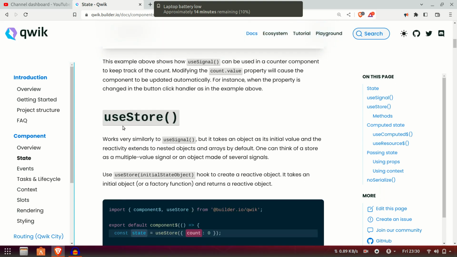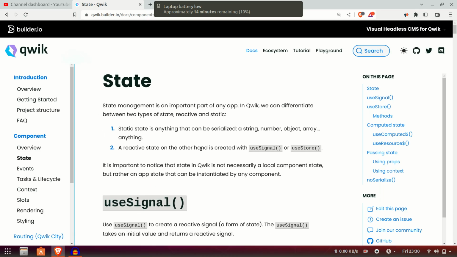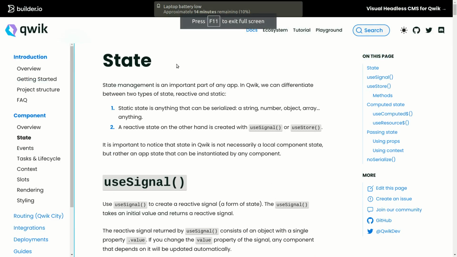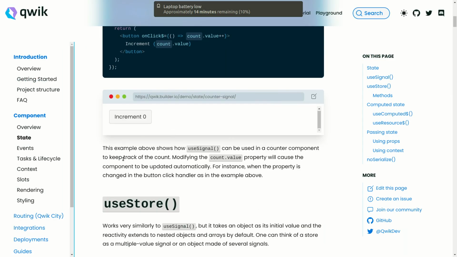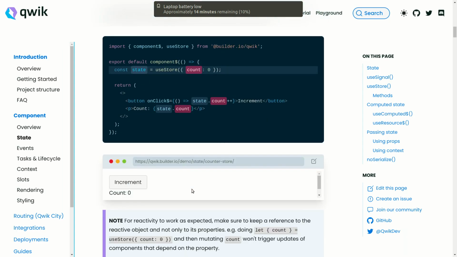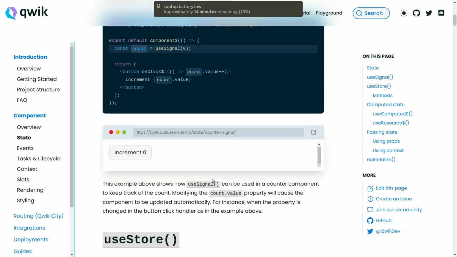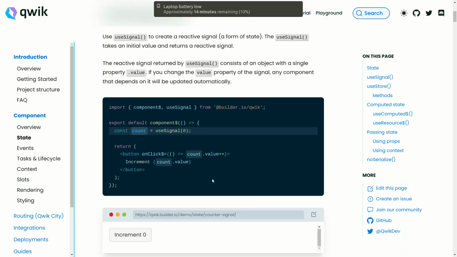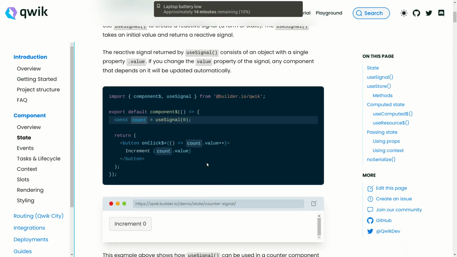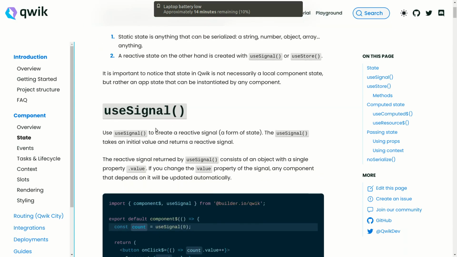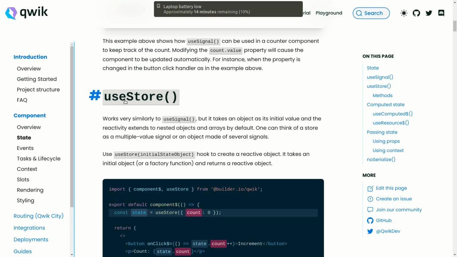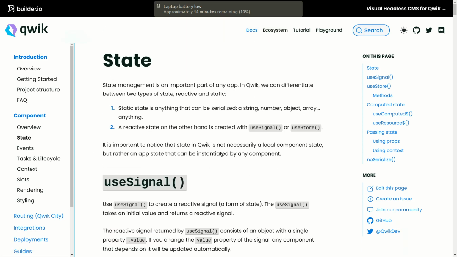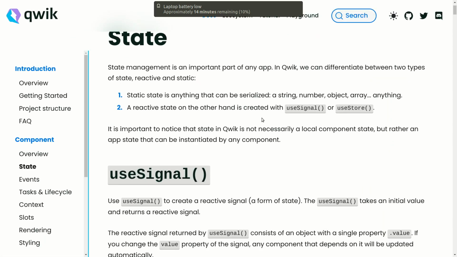In this video we are going to talk about how useSignal and useStore are different from each other when it comes to managing state in a Qwik application. Both useSignal and useStore are used to manage state, as we had already discussed and I had shown you with examples, but here the main focus is how these two are different from each other, and where we should use signal and where we should go with useStore. So as you go through the documentation of the Qwik application,